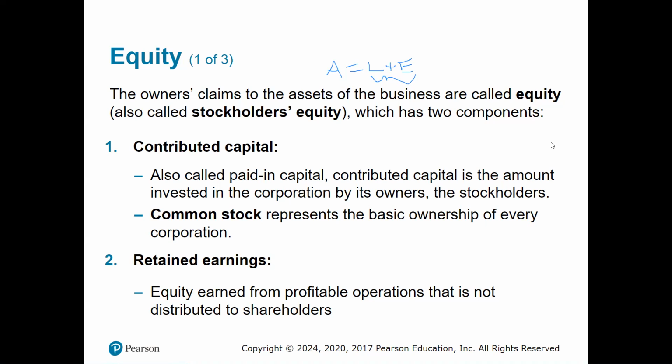Now, the other way that you can develop equity within your company is by having profit. So if you sell products or services for more than what it costs you to produce them, then you have increased the assets of the company overall, and therefore you have what are called retained earnings as long as that money is within the company. So let's say that I sell $100,000 worth of stuff, and it only cost me $60,000 to make that stuff or to buy that stuff. I've made $40,000 in net profit.